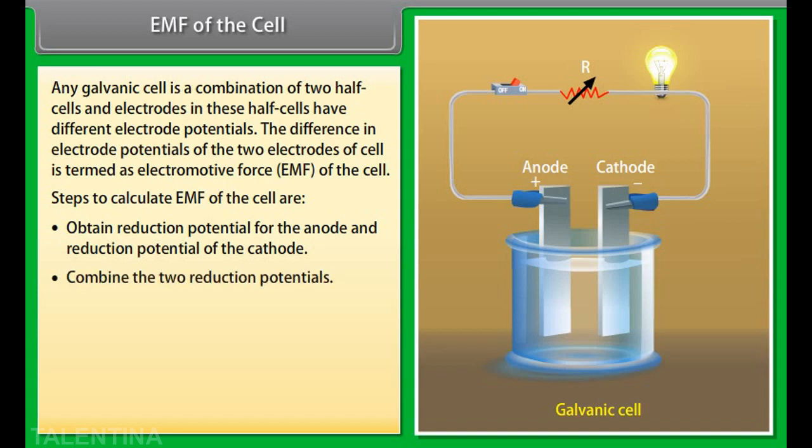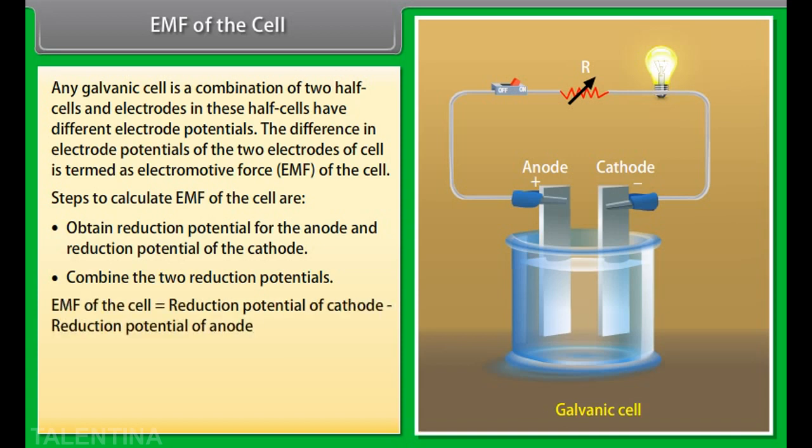Combine the two reduction potentials. EMF of the cell is equal to reduction potential of cathode minus reduction potential of anode. That is, E cell is equal to E cathode minus E anode, or E cell is equal to E right